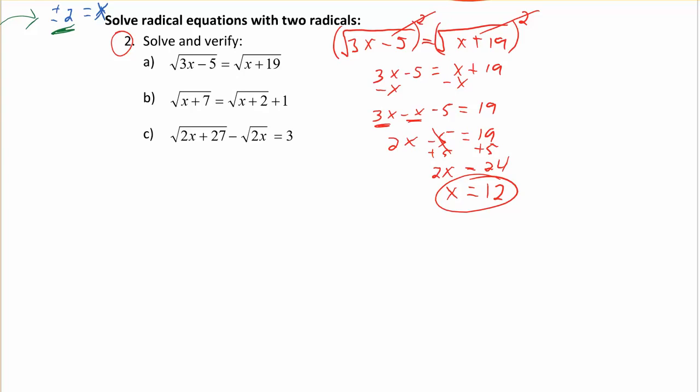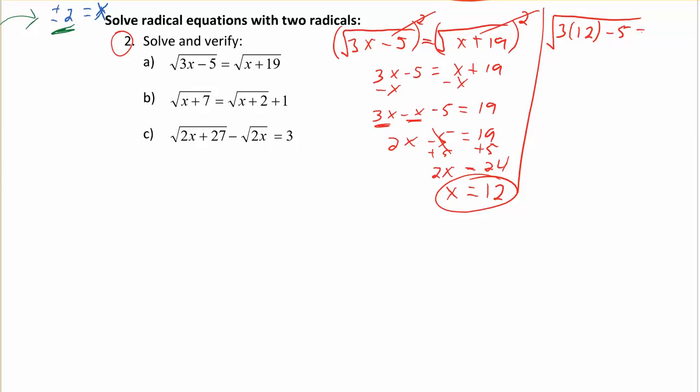And just for the sake of time, I'll let you guys put 12 back into the equation. But what you would do to check to see if this is right is that you'd say the original equation. It has to be the original too. It can't be like part way down the equation. So go back to the original equation and you'd say 3 times 12, which is my answer, minus 5,